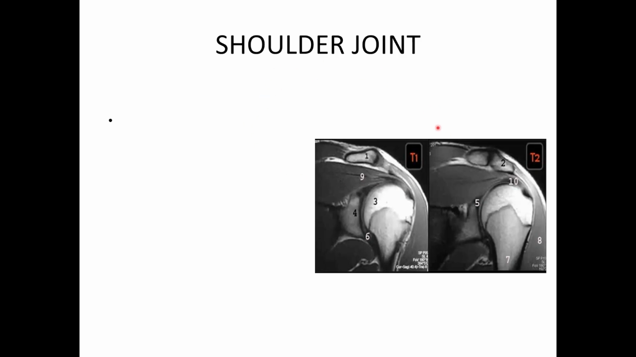Here we have another shoulder joint. The modality is MRI and the view is oblique coronal. 1 we have the lateral end of the clavicle, 2 we have the acromial process of the scapula, 3 we have the head of the humerus, 4 we have the glenoid cavity of the scapula, 5 we have the superior